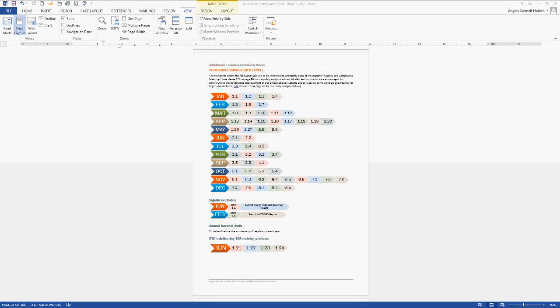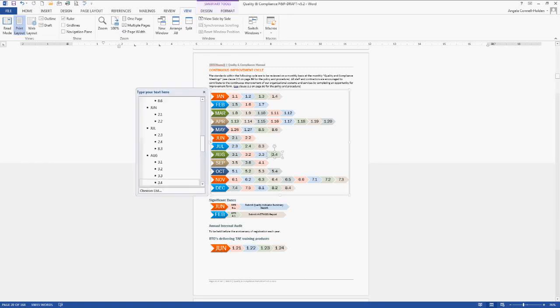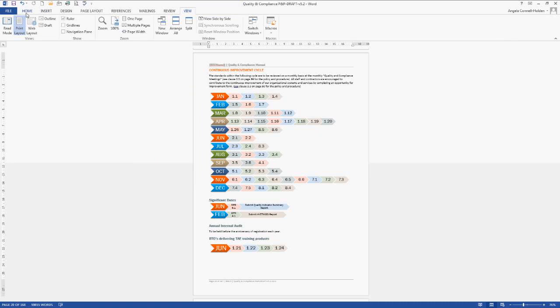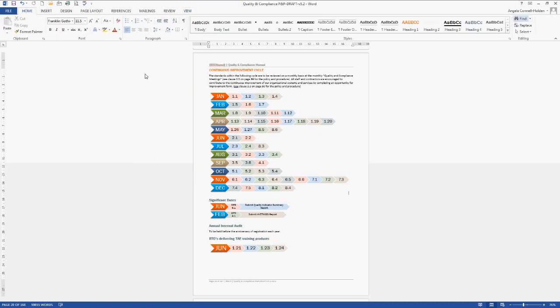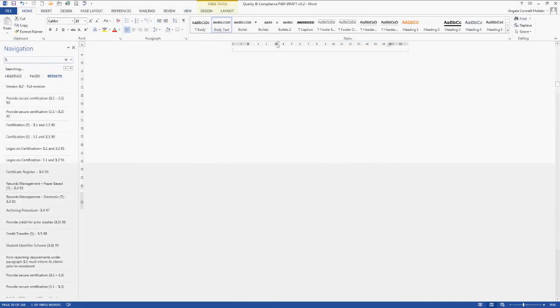Okay, so the continuous improvement cycle includes, in that cycle, how are you going to manage your continuous improvement on a monthly basis? So when you hold your monthly Q&C meeting, you'll be looking at different standards each month. So for example, for the month of August, it's standards 3.1, 3.2, 3.3, 3.4. So what you should be doing then is, for that month, you're going to look at those standards.